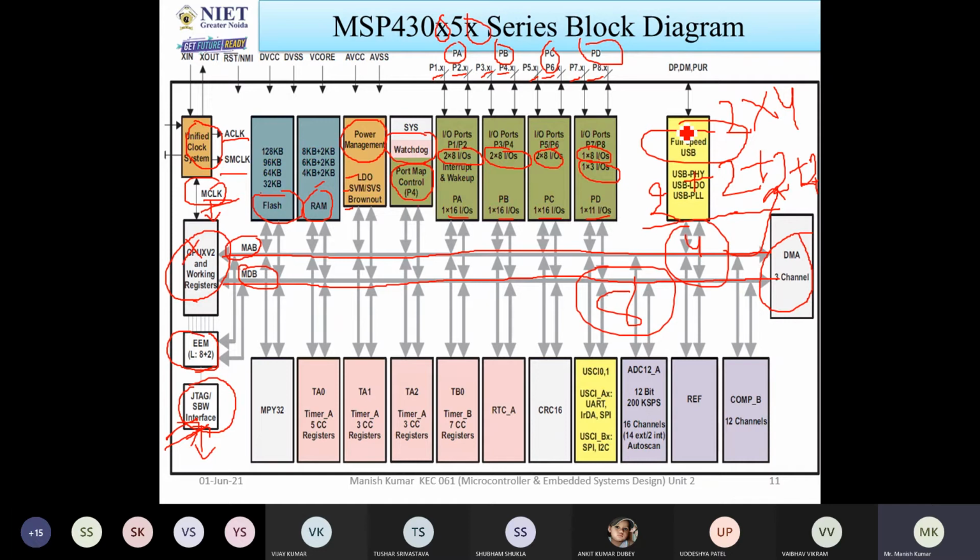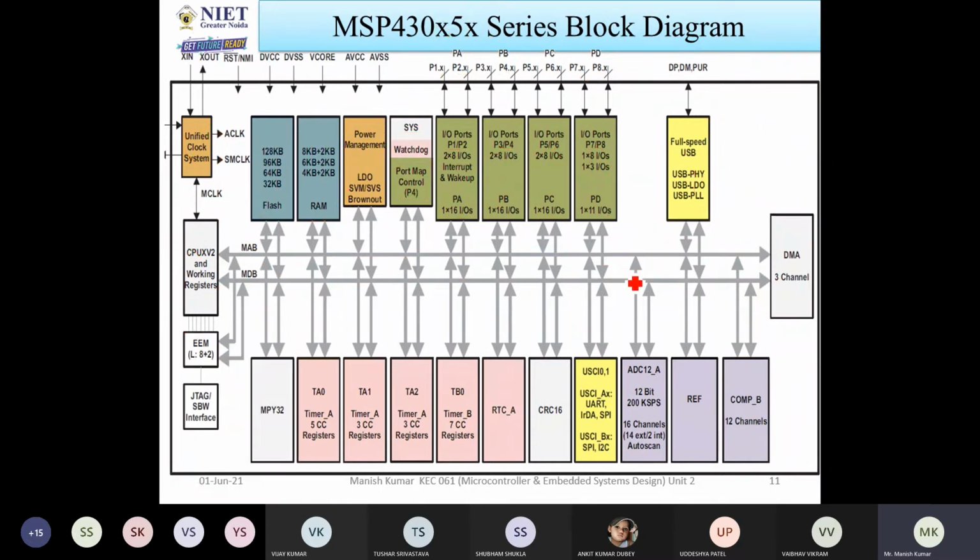Another feature is if you want to transfer data from this microcontroller to somewhere else. Now, this is also combined with these 3 elements: USB PHY, USB LDO, and USB PLL.